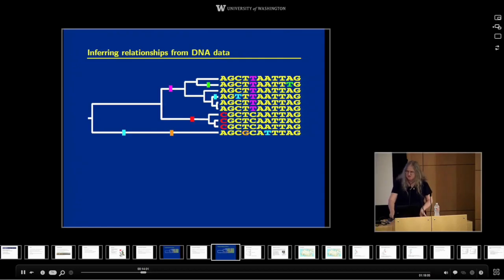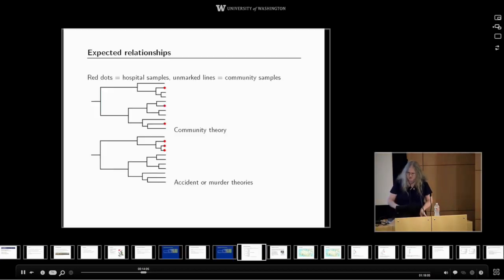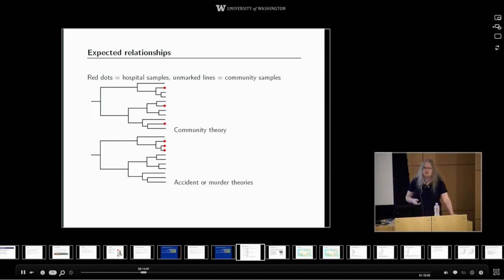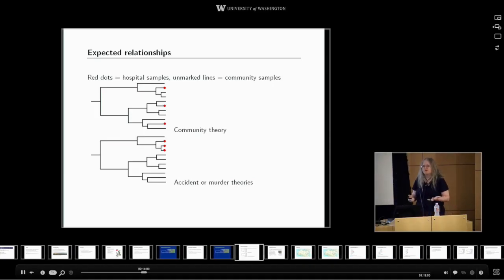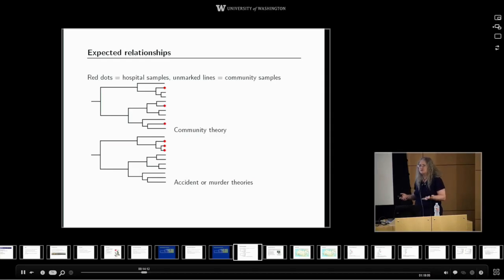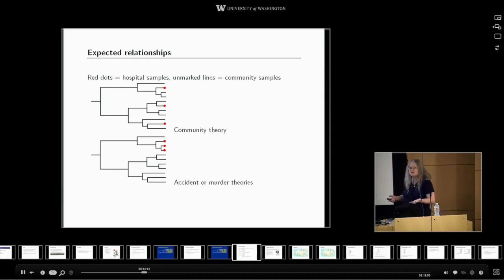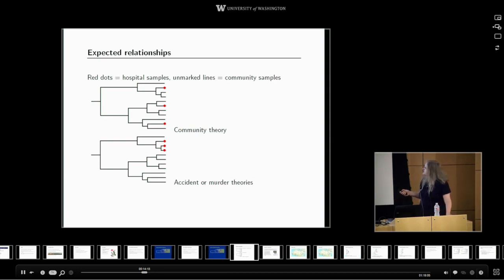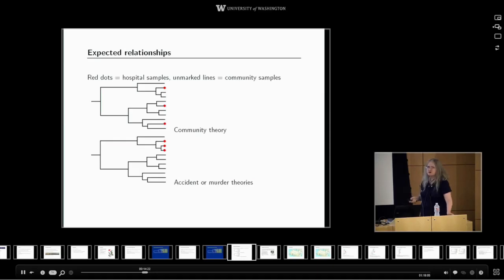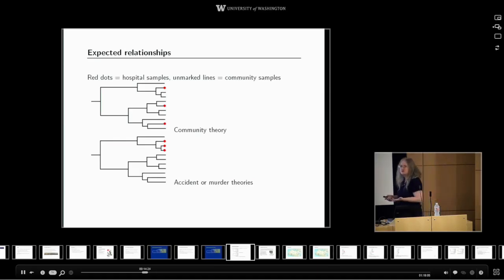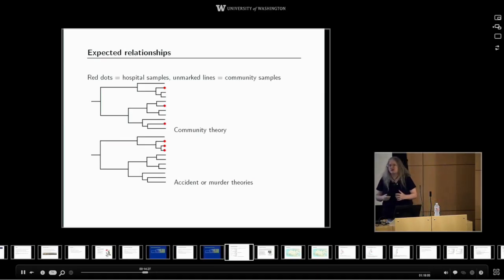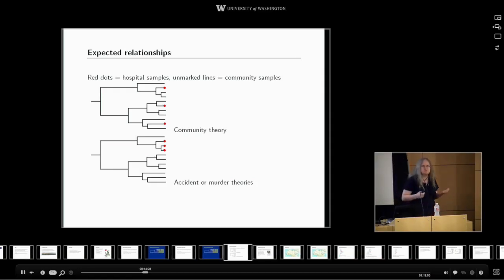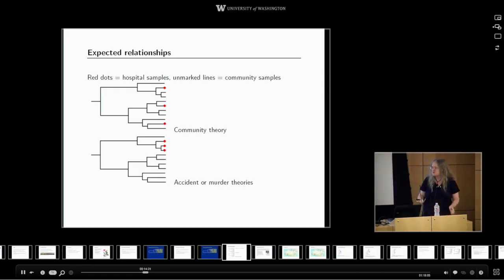So what could this kind of evolutionary tree tell us about the guilt or innocence of the foreign-born medics? Well, to start with, if children obtained their infections randomly in their community, and it was just a coincidence that they'd all been patients at El Fatih, we would expect the children from the hospital to be scattered amongst samples of other viruses taken from their same community. We wouldn't expect them to cluster together if they obtained their infections independently from different sources.